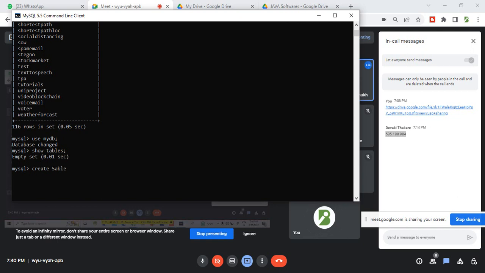Create table name in bracket. Column name. Okay. First column name, then its data type. Okay. Then data type. What is? Varchar. In bracket we have to write down, sorry, in brackets we have to write down 900. Okay. Comma. Second column name.